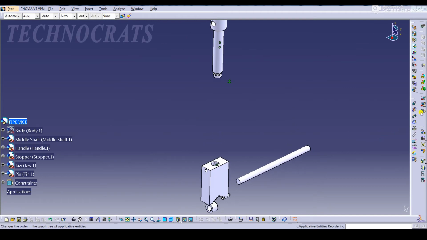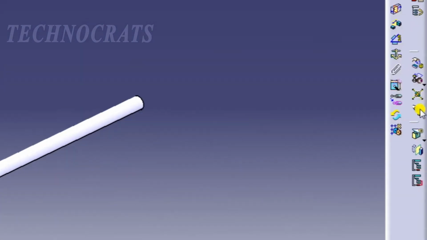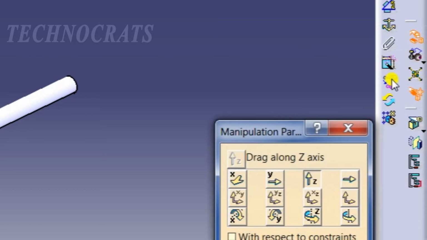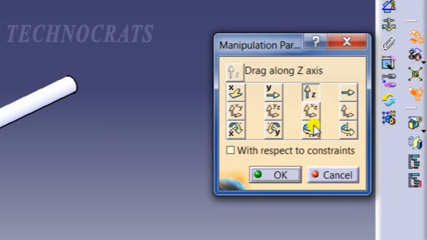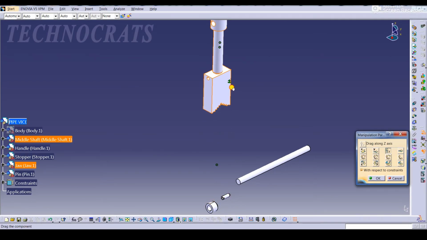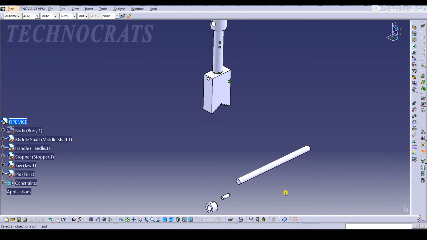So for that reason, first I have to turn on this stop manipulate on clash command, then go to manipulation command and check this option with respect to constraint, and in Z direction move this jaw. Okay, it stops at a position where both parts touch each other. Okay, keep this position and okay.